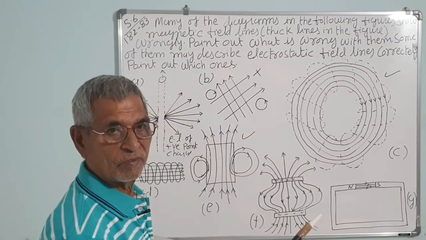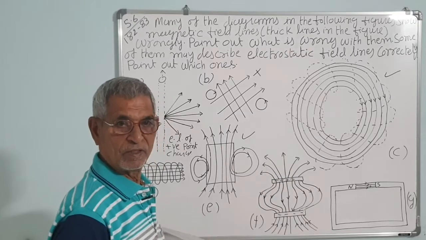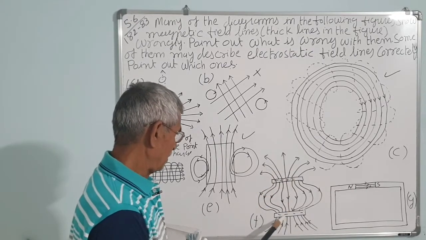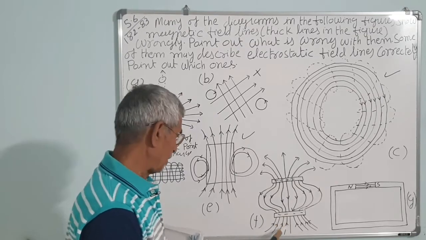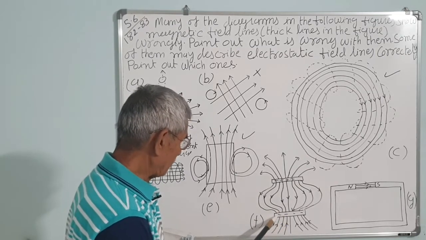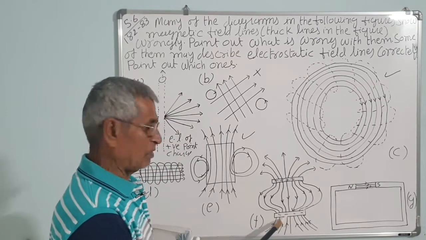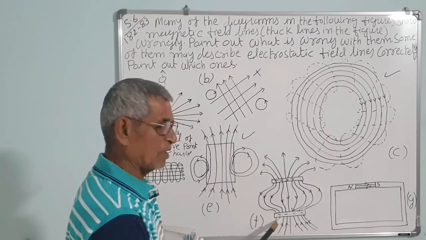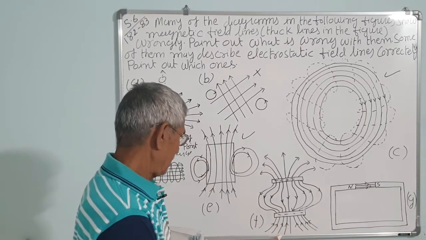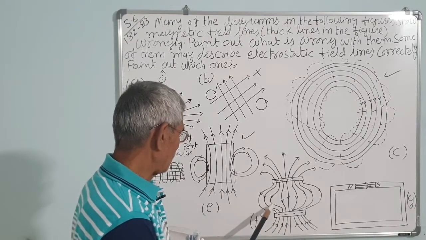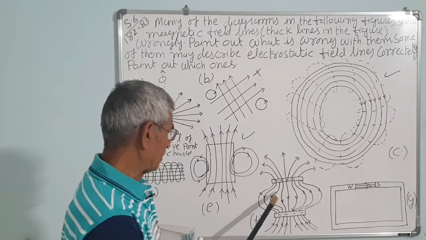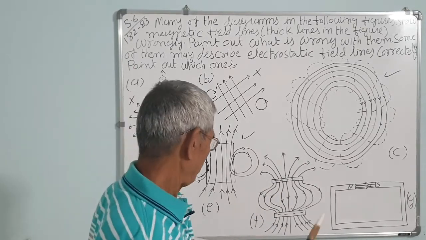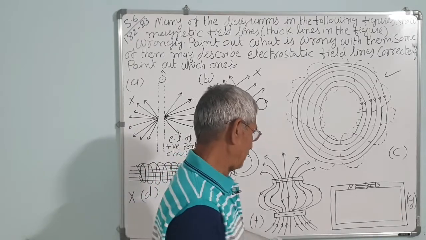Correct? It is not the lines of force of a magnetic field, but the lines of force of a positively charged plate and a negatively charged plate. They converge. If you observe the negatively charged plate, the lines of force are converging. Here also converging. They are coming from the positively charged plate but converging to the negatively charged one, as we have studied in electrostatics. Then the last one, G.